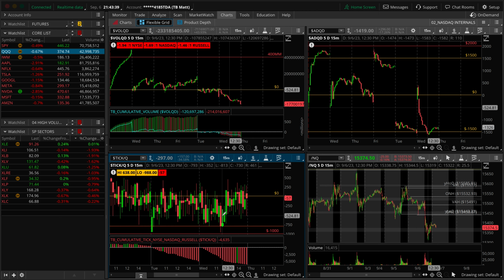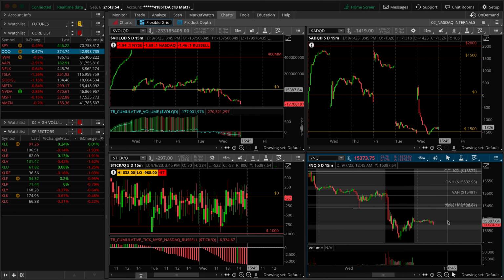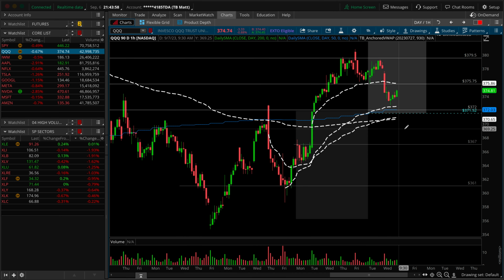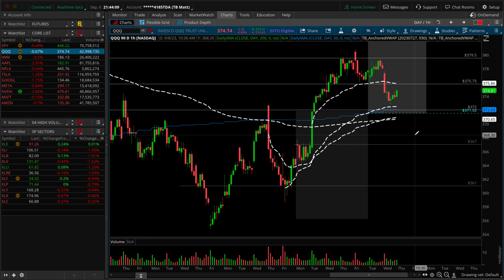And if we take a look at the cumulative ticks, it does sustain into the close a little bit more so than our S&P and the NYSE side of things, but it's also not like just a straight slope like this. You can see that there's that little wedge in here that's missing. So, again, it's a little bit of a stronger downside move over here in the NASDAQ side of things, but location-wise, as we saw on the daily or even the hourly, is fine, right? We didn't actually puncture some of that key support that we're looking to hold on to. So I think that the hopes are here more so on the QQQ for something to happen sooner rather than later, much more so than the